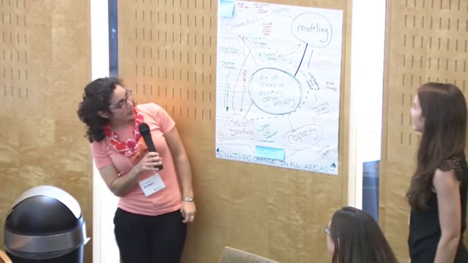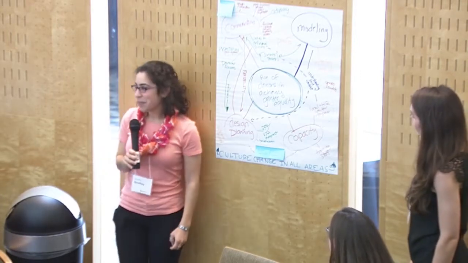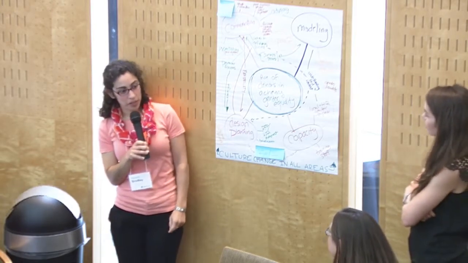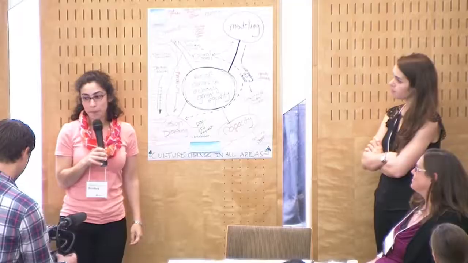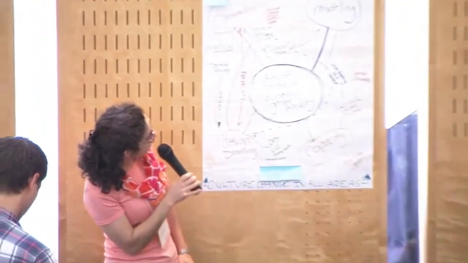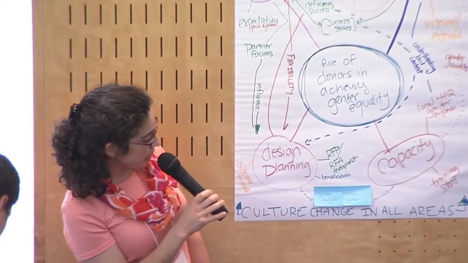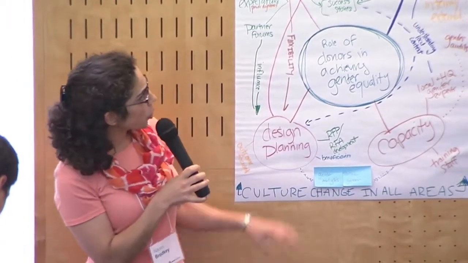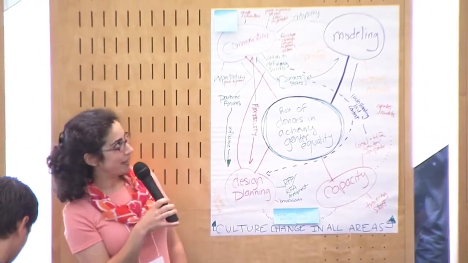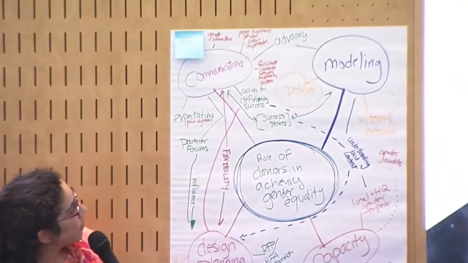So I think one of the things that we discovered, and if you can see the map, the dotted lines represent that there's a lot of intersectionality between all of the different things that we tried to capture, but we tried to break it down into four, which were communications, modeling, capacity, and design planning, which are all linked to the different things spread out with the different shades of lines. So under